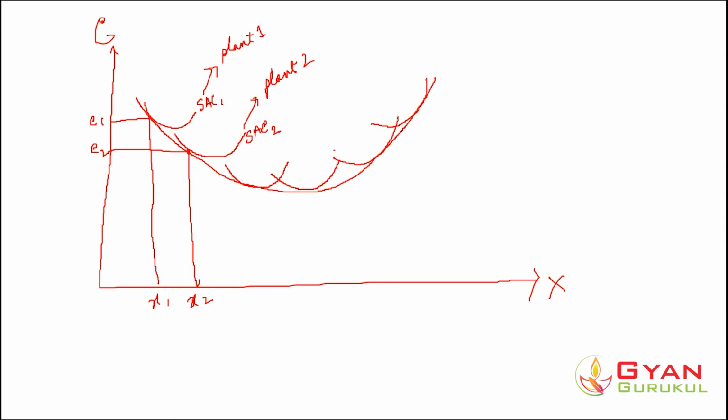In this way we can say, for any particular level of output, this long run average cost curve will give us the minimum possible cost at which we can produce that quantity, right? Let's say this is x3. Now in order to produce x3, let us go upwards, and we find that it could be produced at, let's say, C3 amount of cost. And now this could be effectively produced by which plant? It could be effectively produced by SAC3, the plant size 3, right?